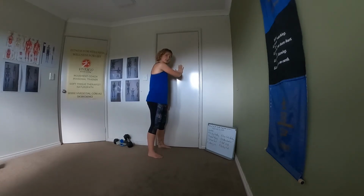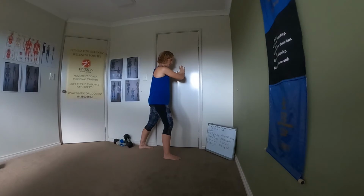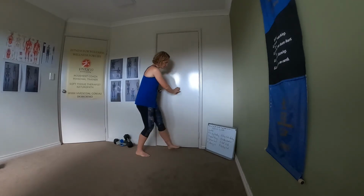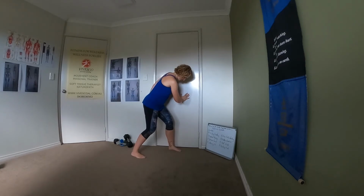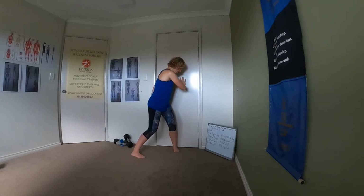Now you can keep it in that same position and do a few reps here, or you can start to change your foot positioning. Some positions will make it easier, other positions will make it harder. You can play around with this as much as your imagination gives you. So here I've changed my feet. I can change just my foot positioning